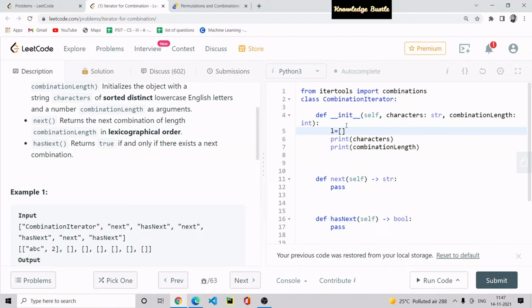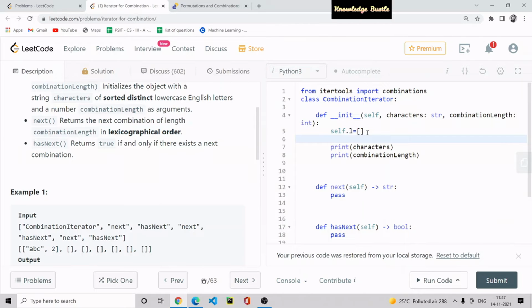Here we work inside the init function, so we write self dot list. I think you all know about the concept of self. For finding a combination, if you don't know how to find combinations in Python, you simply search in Google and see this.